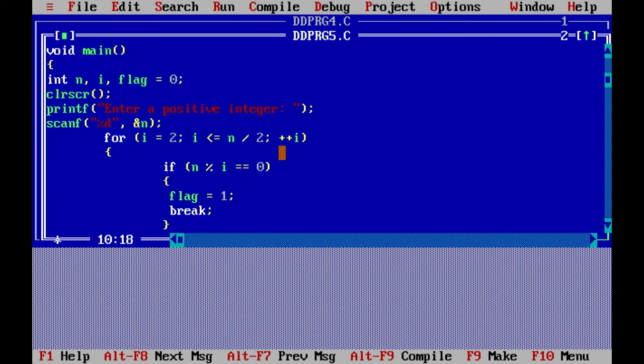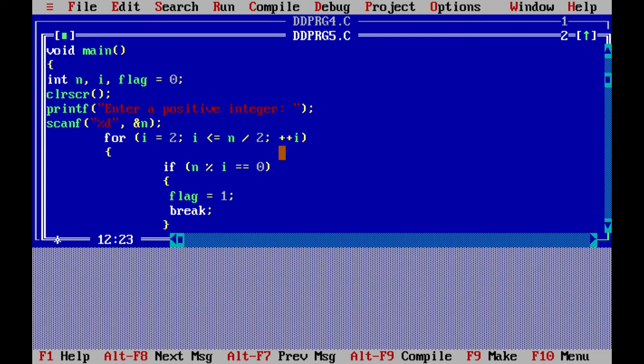It keeps continuing up to 4 by 2, because my n value is 4, so i starts with 2 and i runs while i is less than or equal to 2. Okay, now it goes inside the loop.